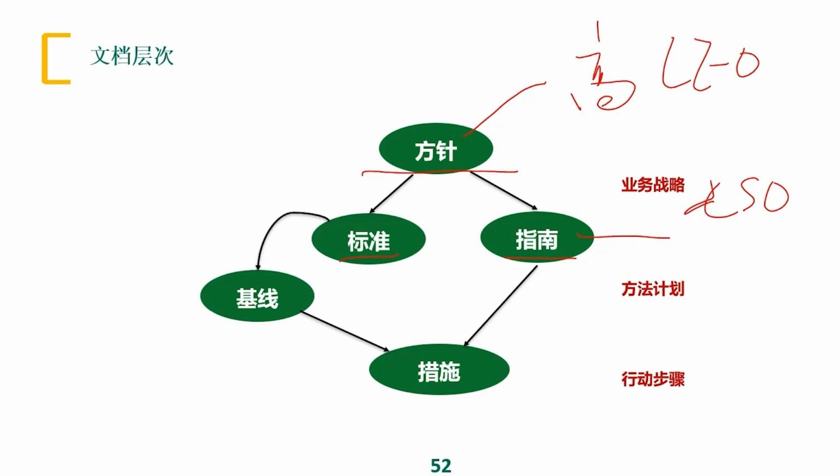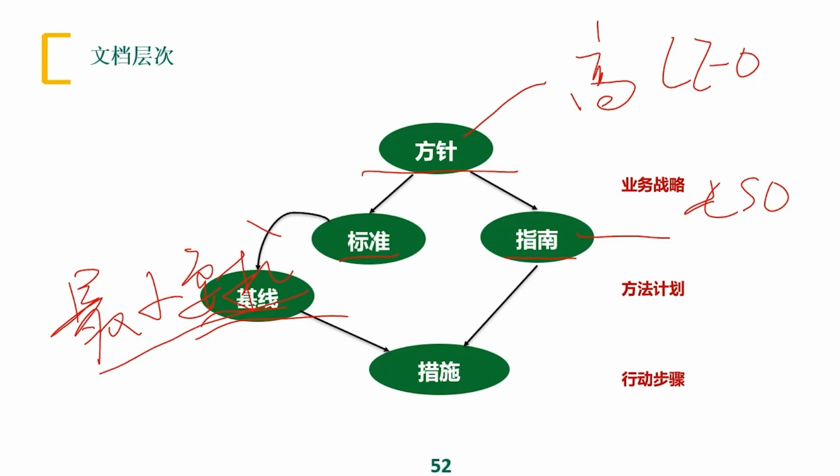To clarify the standards and guidelines, and the content of the standards and guidelines will be a lot. We can understand it as a series of relatively standard things. Among these standards, what we must do for a certain scenario is called the baseline. We can understand the baseline as the minimum requirement in the standard. It's like, if I can't even meet this minimum requirement, then you don't even have the basic functions of this information system business. You must go offline. Maybe I'm not doing very well, but at least I can use it. This is the baseline. We can understand the baseline like this.